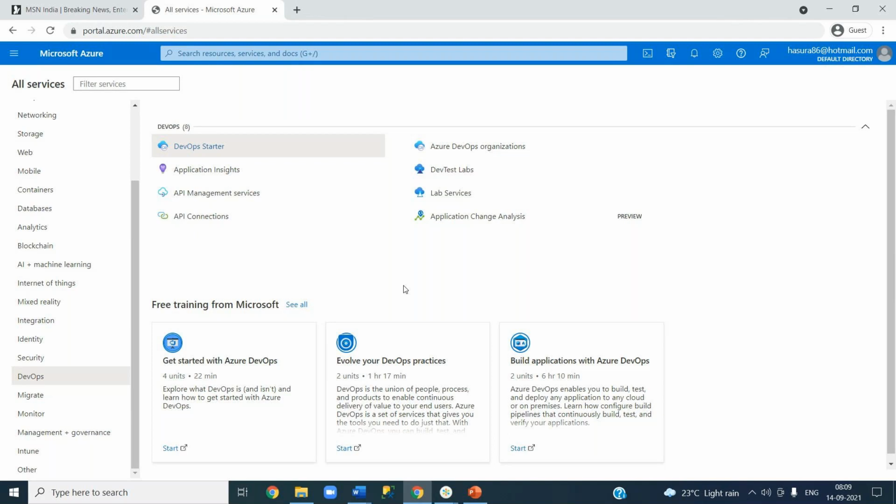So that's the reason I asked the guys to learn end-to-end DevOps, not just a CI/CD pipeline. CI/CD pipeline is a part of your DevOps. When you know end-to-end DevOps, you can survive anywhere. Okay, so that's the reason I start with planning.